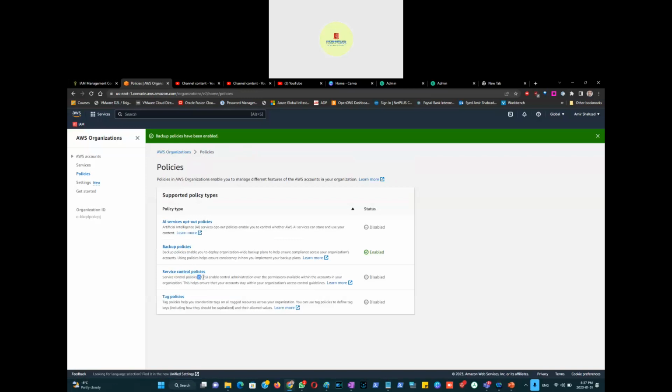Service control policies, or SCPs, enable central administration over the permissions available within the accounts in your organization. Then I'm going to explain in English as well. So this helps ensure that your accounts